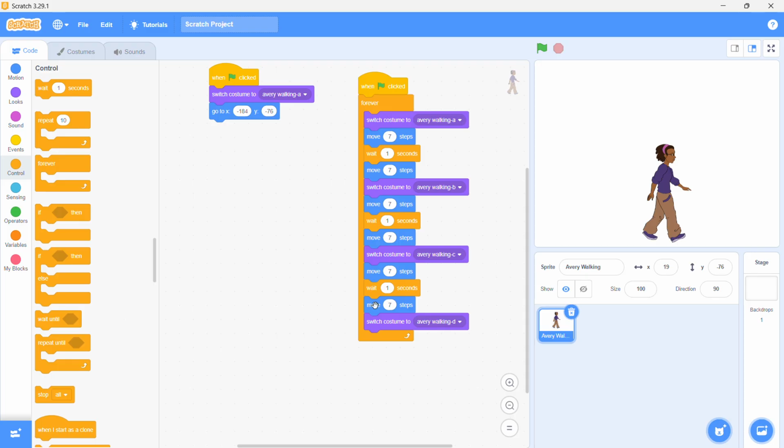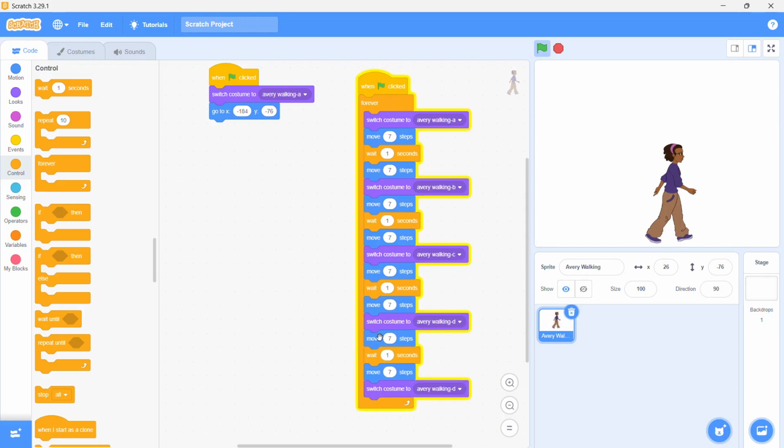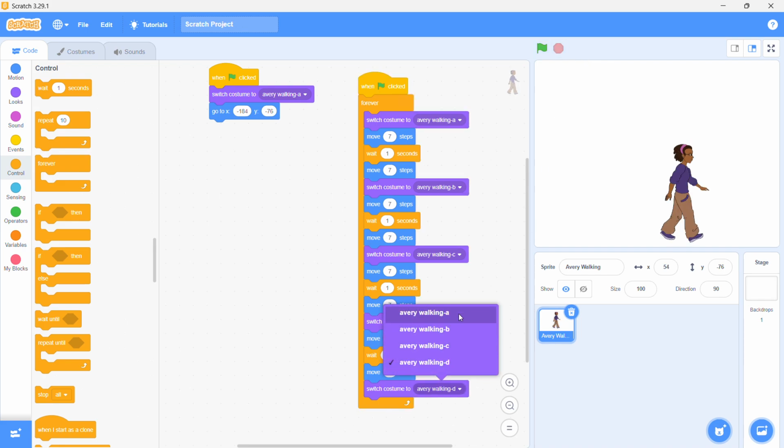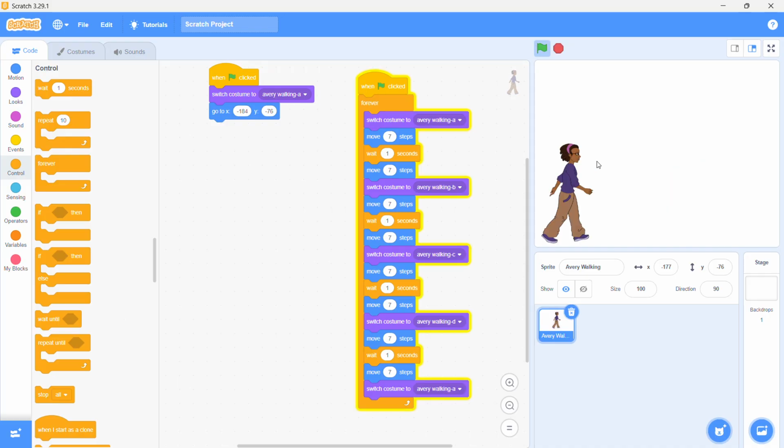We need to add one more to this to make it complete. So duplicate this, put it under here, and then switch this to the normal and original one. So it's working smoothly now,